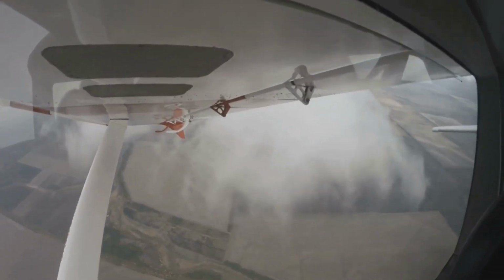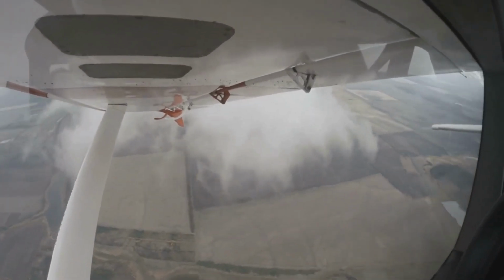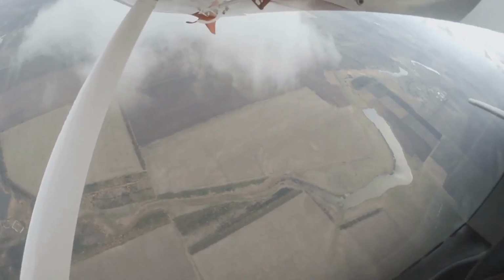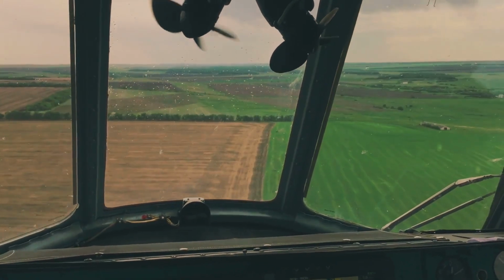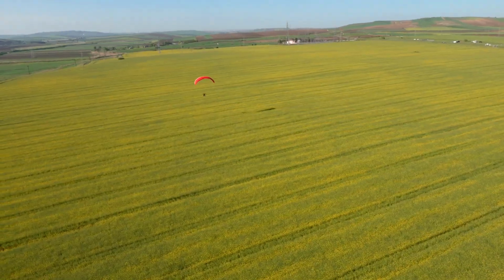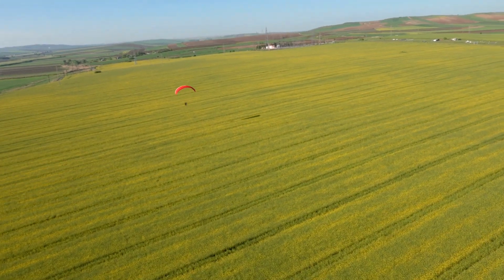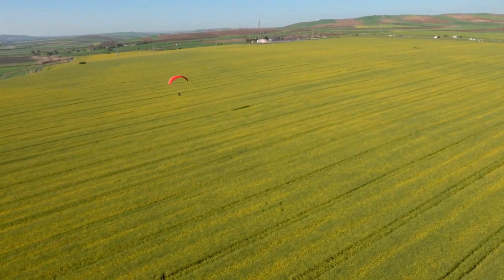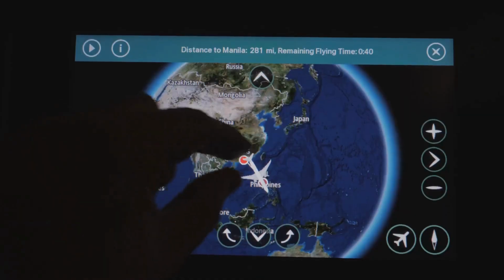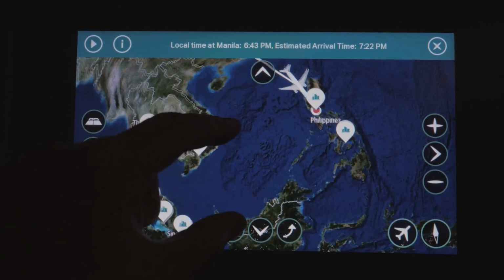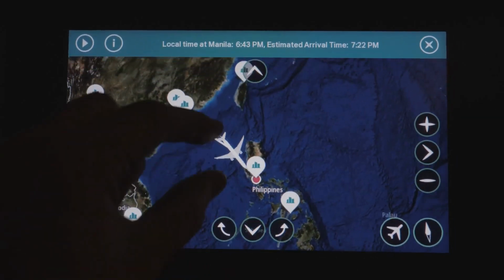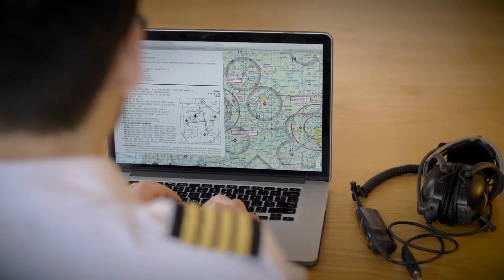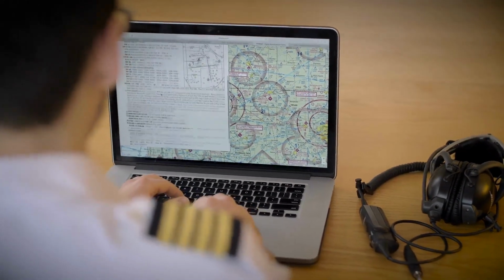Class E airspace is a bit more complex, starting from 1,200 feet above ground level and extending up to 18,000 feet, but it can start from the surface in some areas. Finally, Class G airspace, the least restrictive, covers everything below Class E, from the surface up to 1,200 feet in most areas. As you can see, understanding these different layers and their altitude limits is key to navigating the skies safely. Feel free to pause the video to take a closer look at the chart and illustrations,